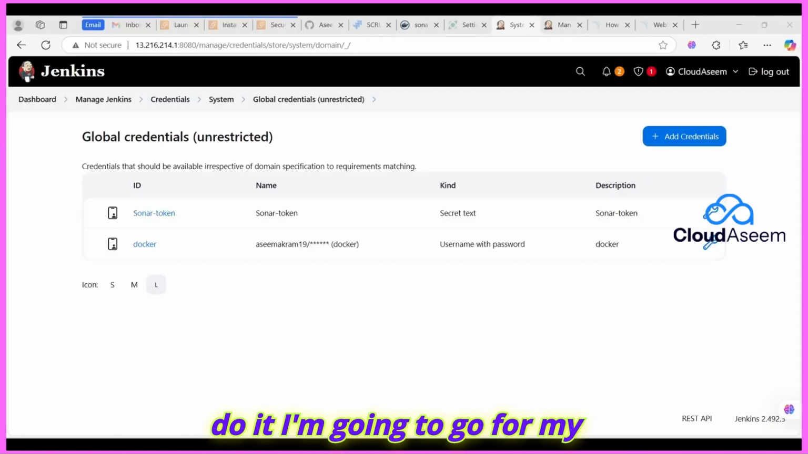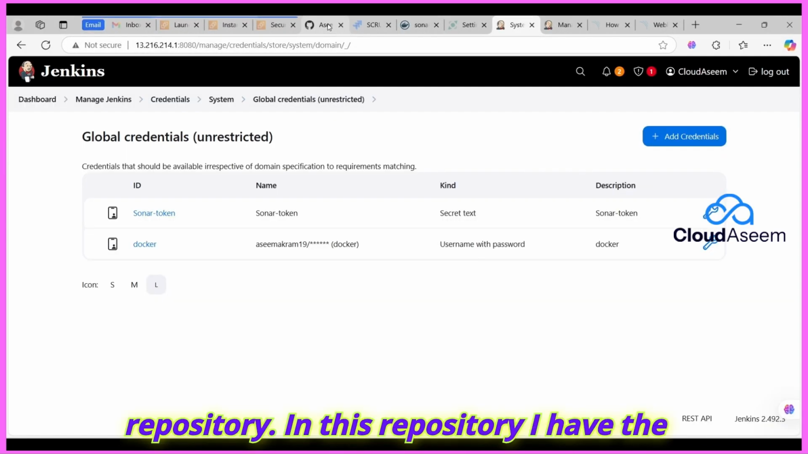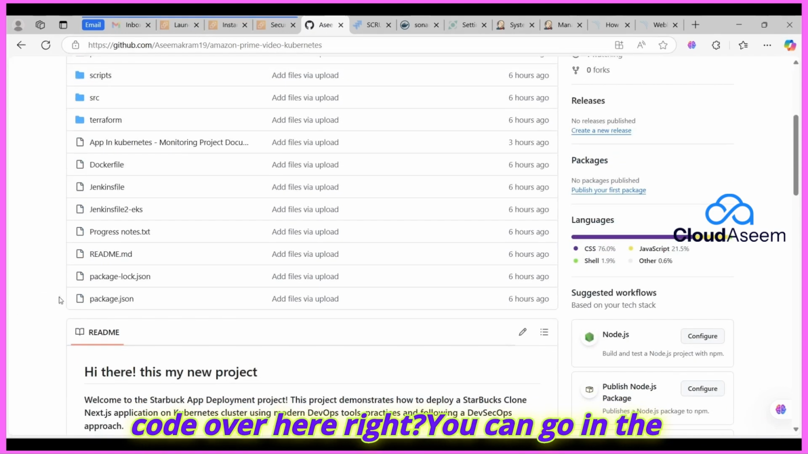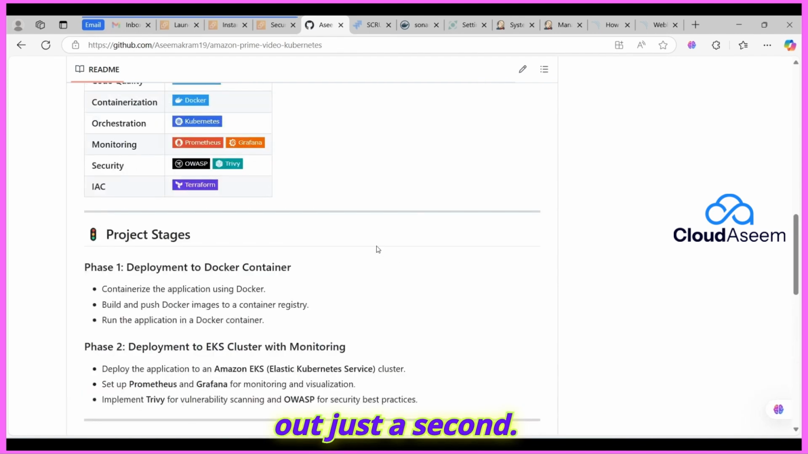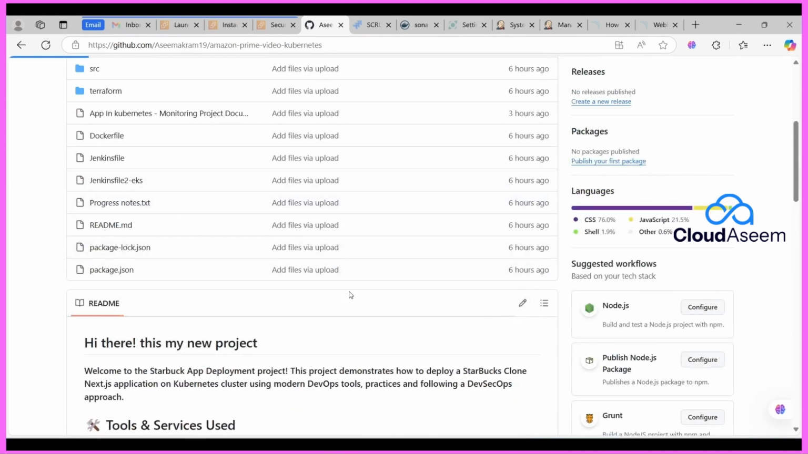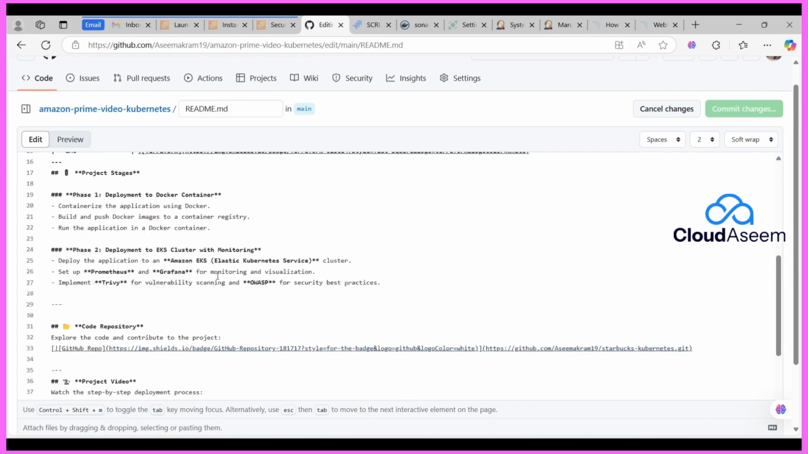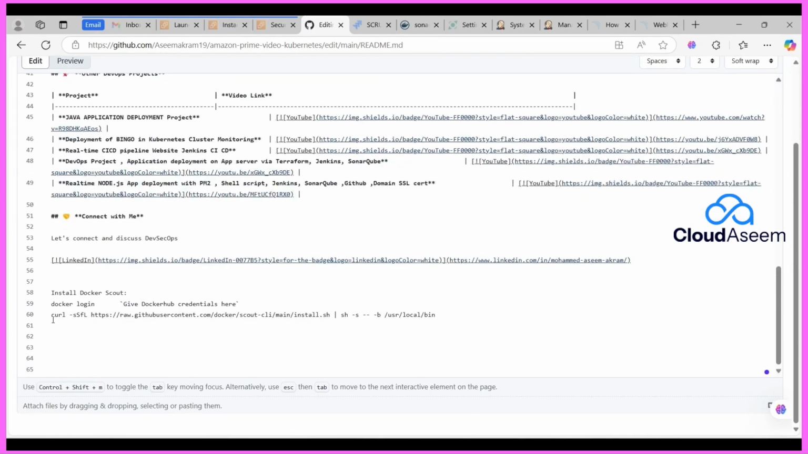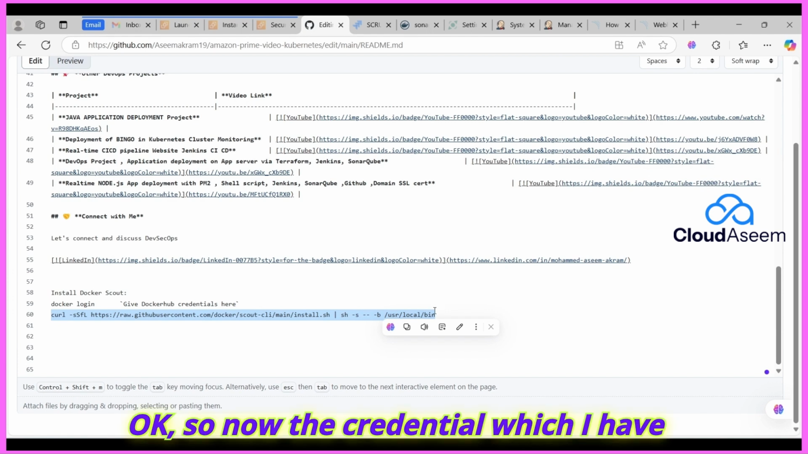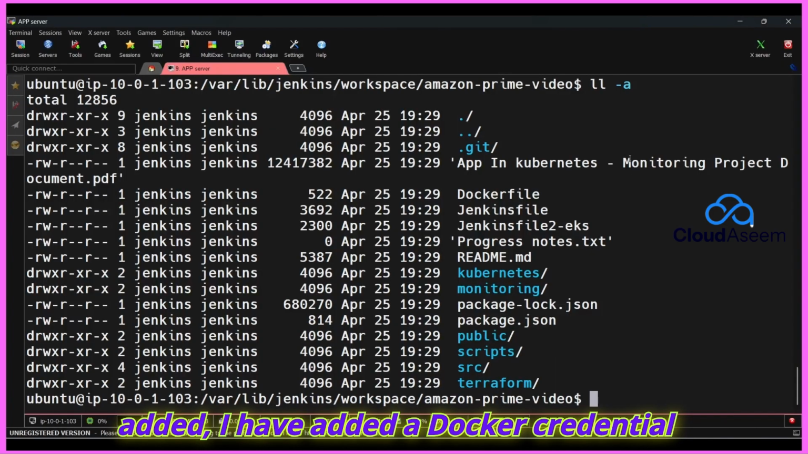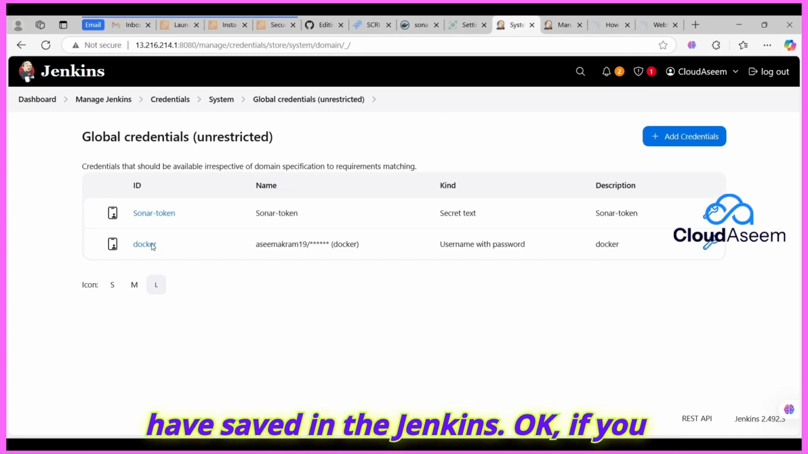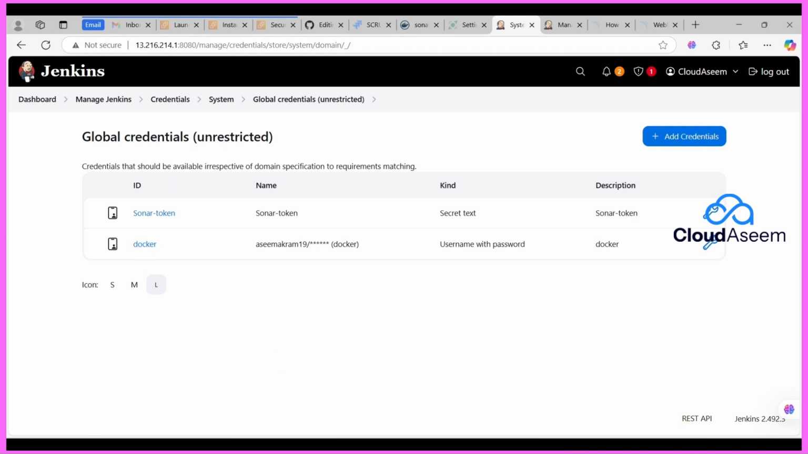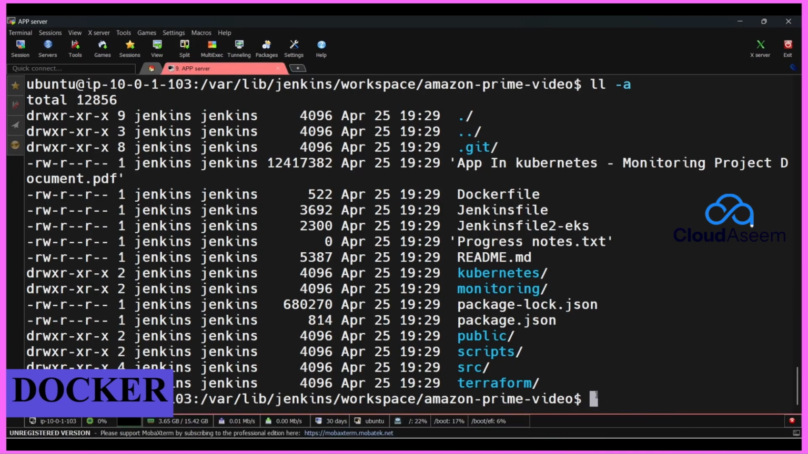So what I'm going to do, I'm going to go to my repository. In this repository, I have the code over here, right? You can go below. Just a second. Okay. So now the Docker credential which I have added is in Jenkins, right? So what I've done, I have saved it in Jenkins. Okay. If you remember, I have saved it over here in Jenkins, but in order to communicate with the